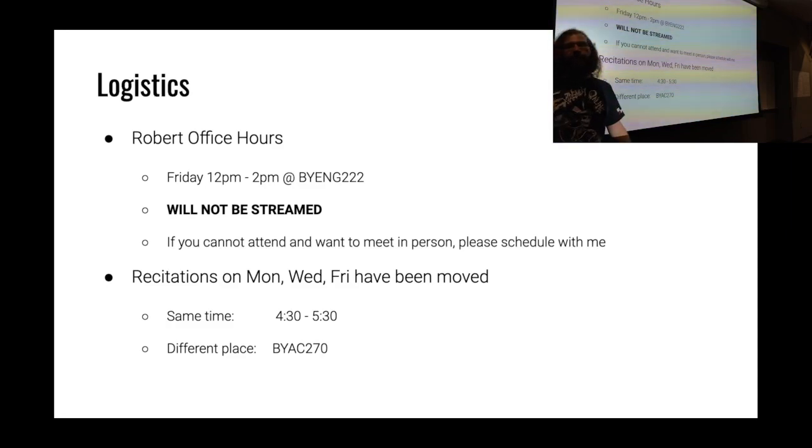Recitations. Recitations are Monday, Wednesday, Friday. Initially, we were doing the great pwn.college Hour of Power. Well, it turned out that 365 was pretty powerful as a class, and it kind of dominated that room, I think was a safe takeaway, over the past couple of weeks as I've stopped by. And so I have moved us across that little fountain area to BYAC 270. Same time, it's just a neighboring building.